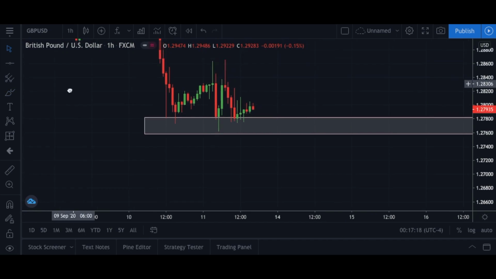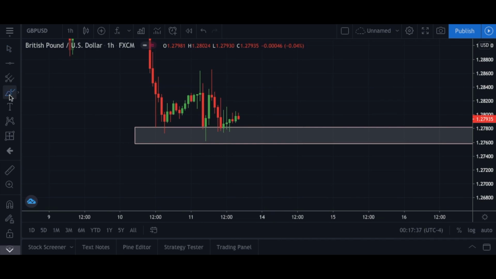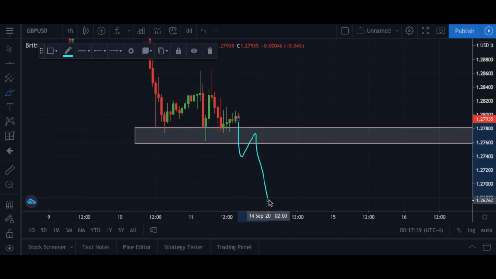Same bias: if bulls were wanting to come into the market, I need to see price breaking above this area. If I don't see that, then I won't believe that the bulls are ready to re-enter as strongly as the bears are right now. So just simple, boom, boom, boom, stop loss above here or closer, and then take profit,